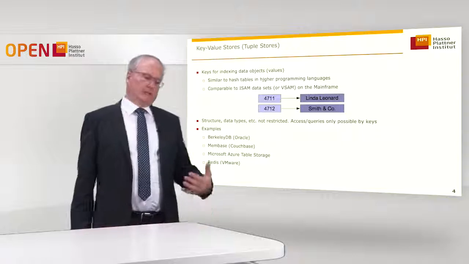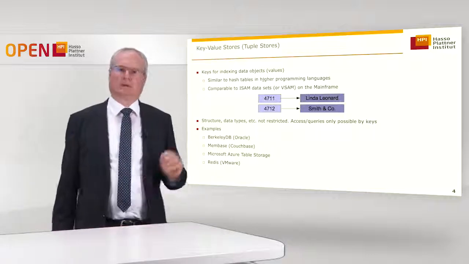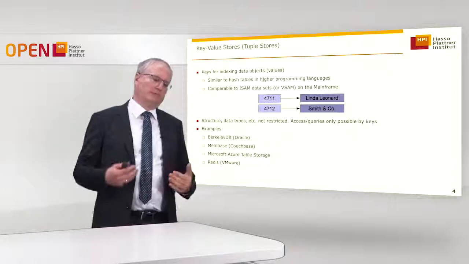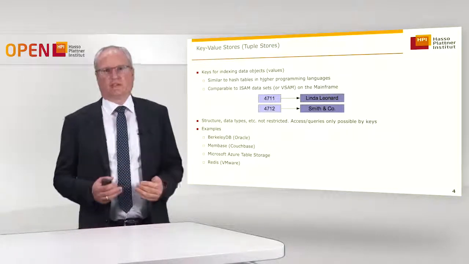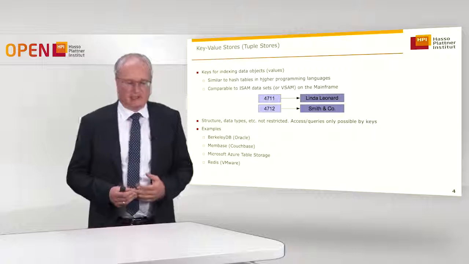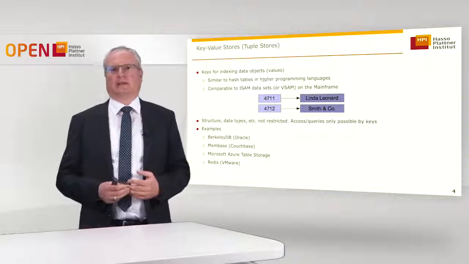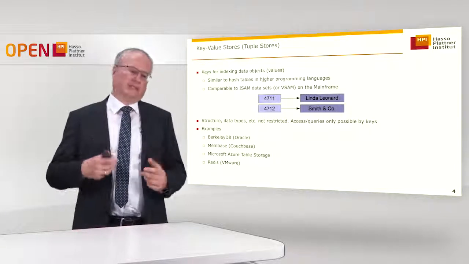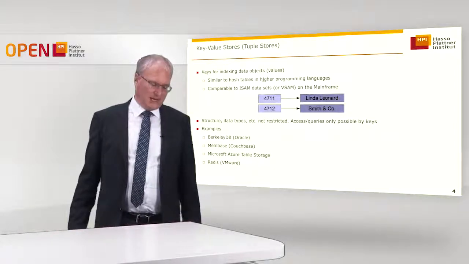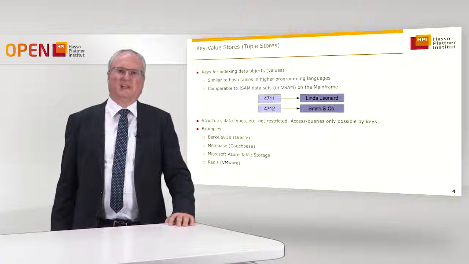In general, you can think of a key value store similar to a hash table or hash map in Java or in any other higher programming language, where you can reference a data object with a key. Okay. And there's also a relation to the mainframe, because on the mainframe we already had key value stores a long time ago in the so-called ISAM or VSAM datasets, which provide this kind of index sequential or key sequential access that is basically nothing else than a key value store. So these old ideas still are alive and useful, and you see that many of these old ideas come back in a new dressing today. So they have proven to be valuable over the years.